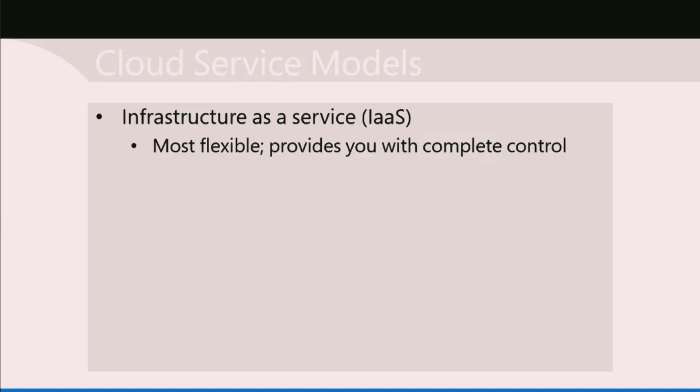Earlier, I used some terms: infrastructure as a service, platform as a service, software as a service. These are cloud service models. Let's explore those in a little bit more detail now. So infrastructure as a service, IaaS, is the most flexible, and it provides you with complete control. So you're responsible for setting up virtual machines, for example, in something like Azure, and then configuring the operating system, and then defining the characteristics of that virtual machine in terms of its hardware and its storage and how it connects to the networks. And you're responsible for setting up the networking elements as well, to a degree.